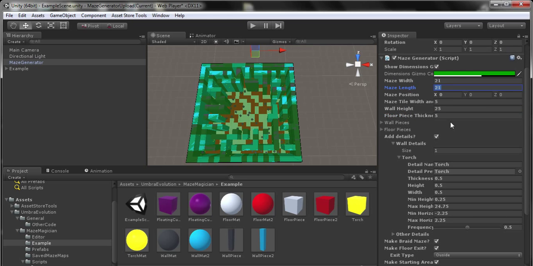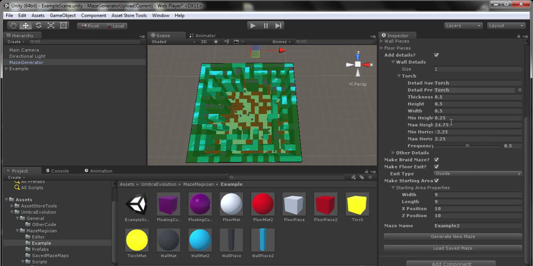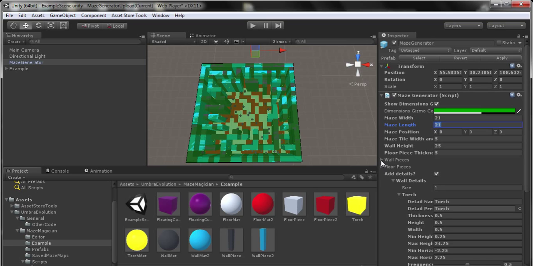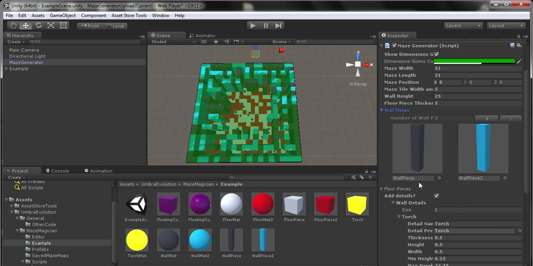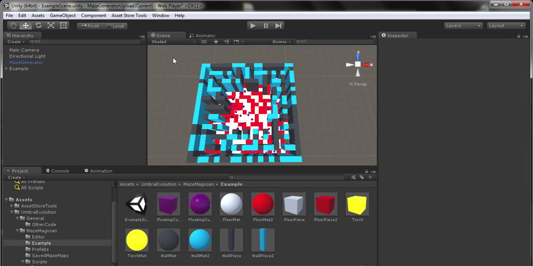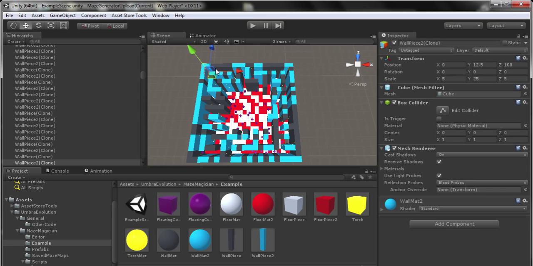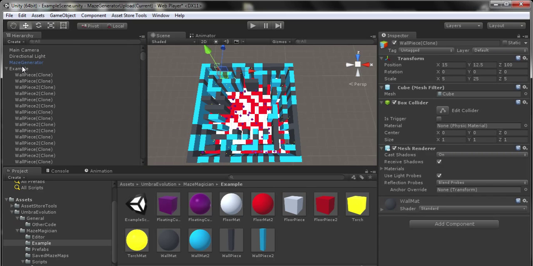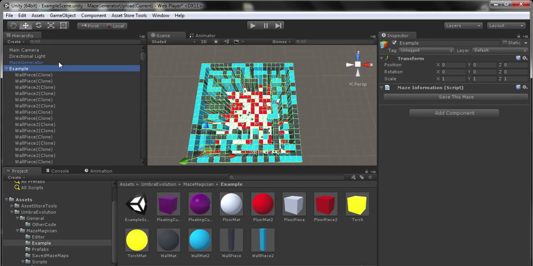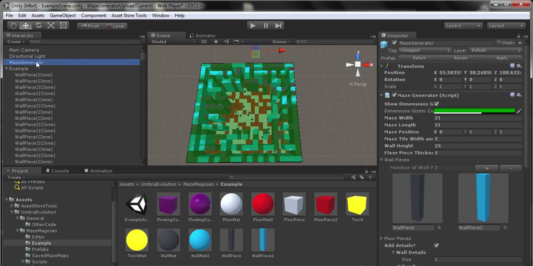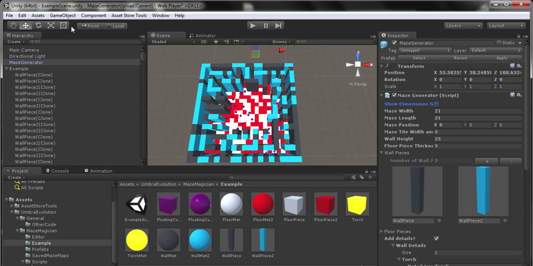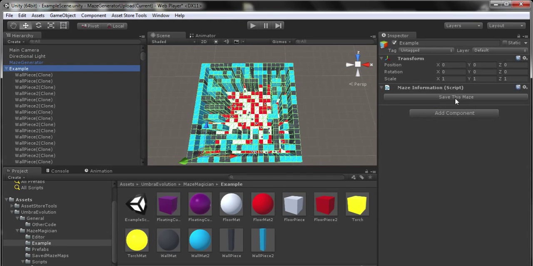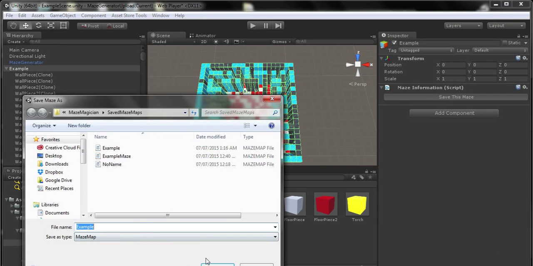Anyway, back to saving and loading. So I use an ID system with saving and loading, where like this is wall piece 0, I think, and then as this is saved or as it's generated, actually, each wall is assigned an ID that corresponds to the pieces in the maze generator. So I'm just gonna make sure that this is saved here. I'm gonna save it. I'm gonna overwrite my example,